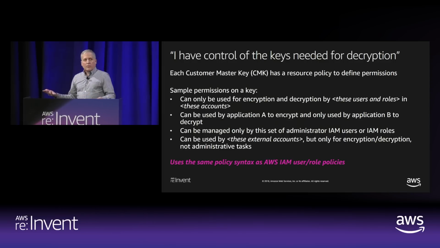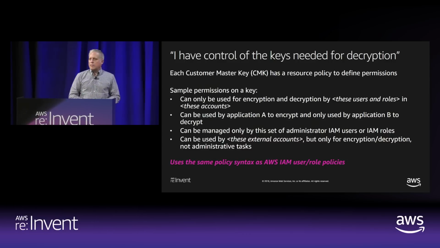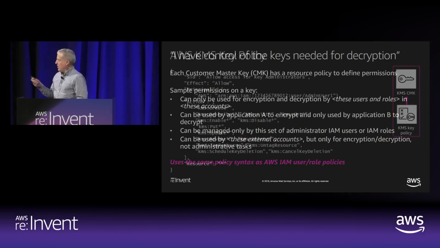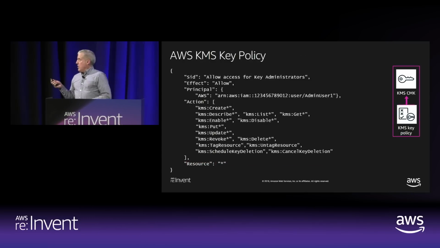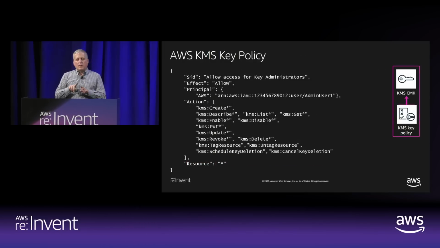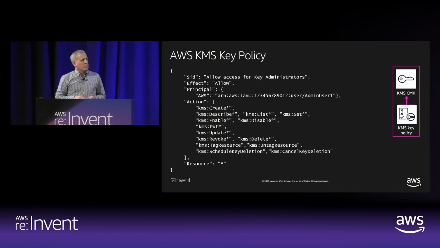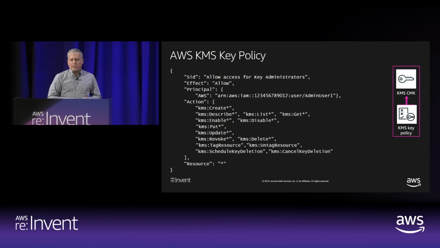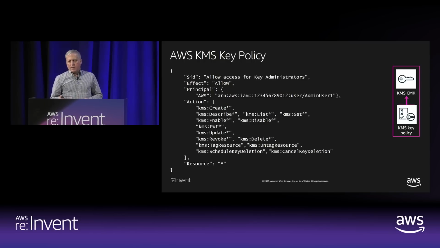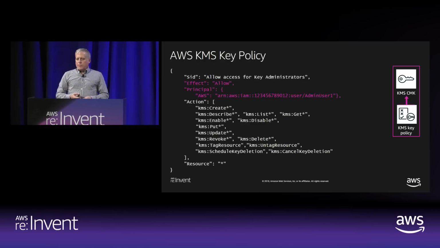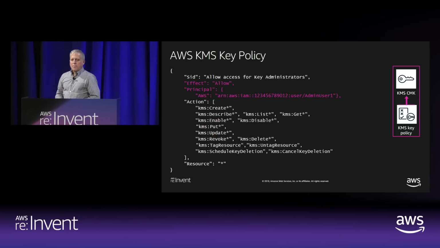And the language that we use for key policies is the same as IAM policies, S3 policies. The nouns and the verbs are a little different, and let's go through that. So here's an example of a key policy where the statement ID at the top is around access for key administrators. So if you look at the principal, again, this is an ARN of a particular IAM user. It could certainly be a role. It doesn't have to be a user.